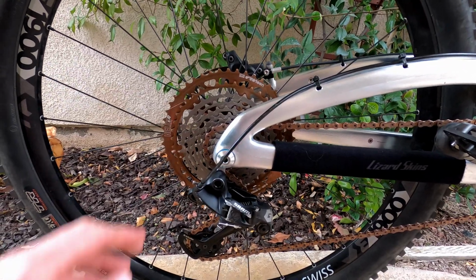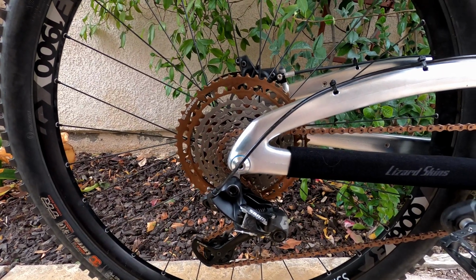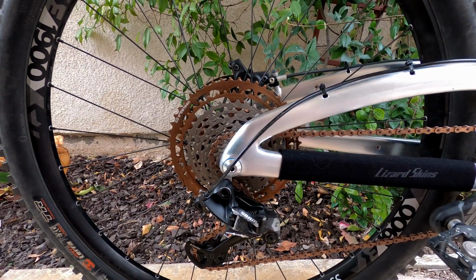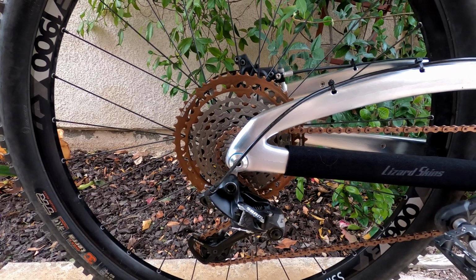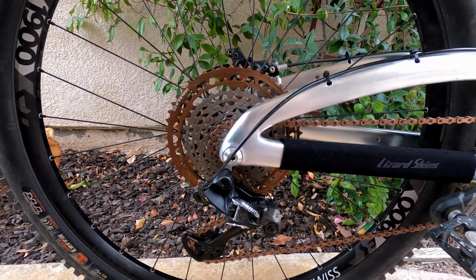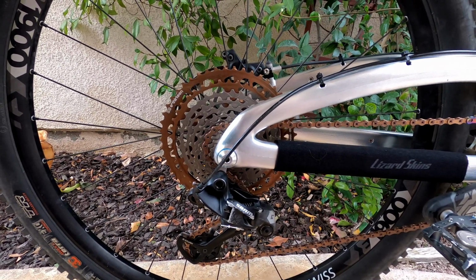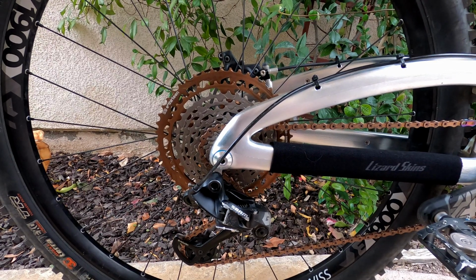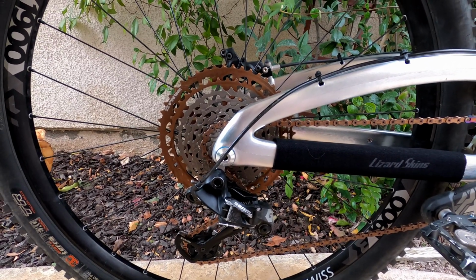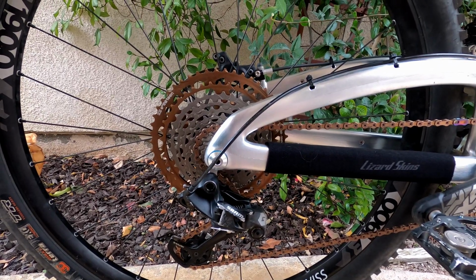I want to tell you guys a quick story about the installation of this cassette. So prior to installing it, I was having some minor shifting issues. And after I installed it, I was having some major shifting issues. So I called the local bike shop and they told me they couldn't get an appointment for me until January 5th of 2021. And I called a different bike shop and they told me, yeah, you can bring it in, but it'll be at least 3 days before we can look at it